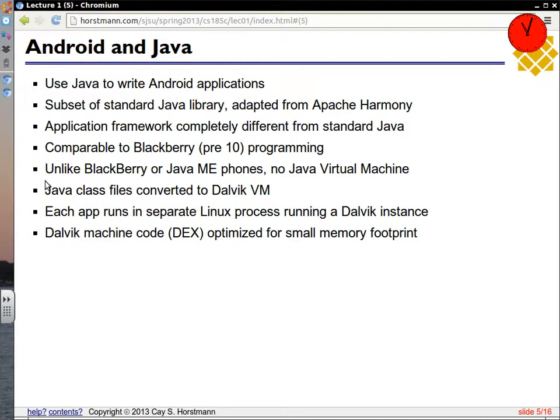There was an issue. There were a few source files that apparently were copied, but there were like 10 files out of thousands, and the judge said those files had never actually been used in there. That must have been some accident. And finally, because the virtual machine is different, the Java virtual machine is encumbered by a number of patents that the Dalvik VM circumvented, and so there was nothing for Oracle to grab onto, and they ended up losing the lawsuit. It's on appeal, so it could turn around, but no one really expects that. So at this point, it looks like Android is free from that potential legal encumbrance.